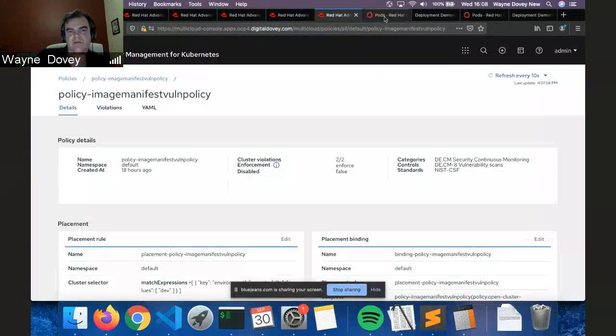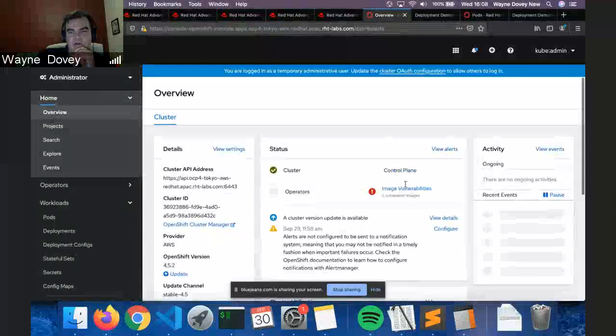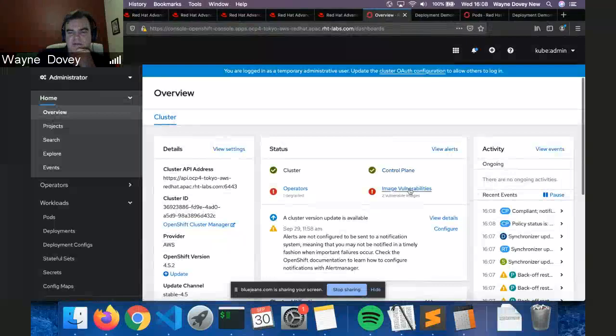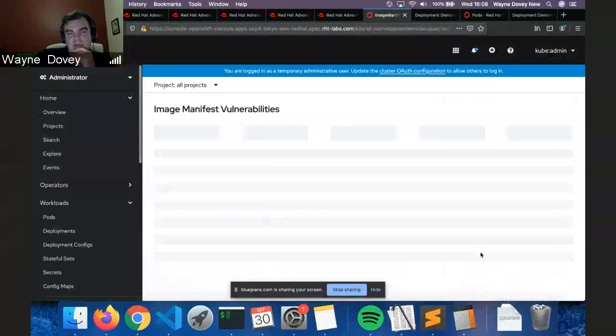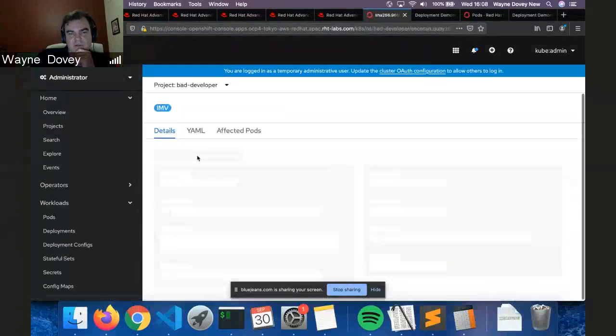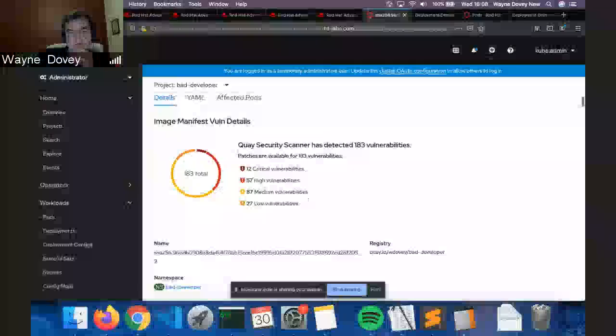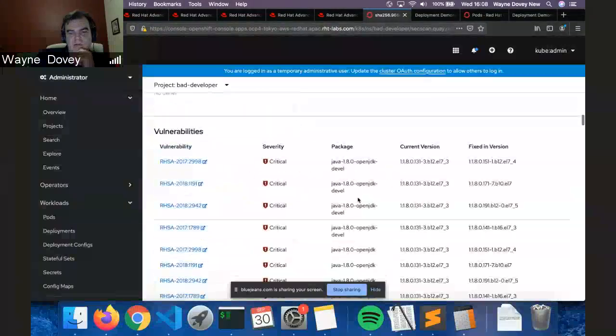So if I go over to the cluster itself and look in the administration console, you can see it's reflecting the image vulnerability. That way, people managing this cluster know, hang on a sec, we have a problem. We've got a vulnerable namespace, and they can do the necessary work to find out where this problem namespace exists, what the actual vulnerabilities are, and the opportunity to find remediation through fixed versions.